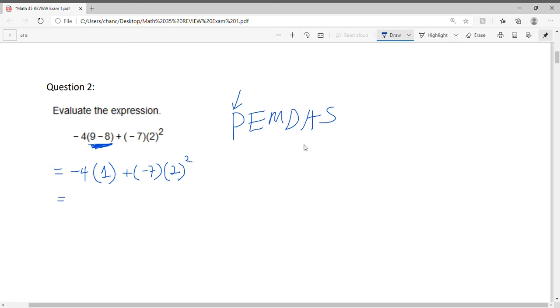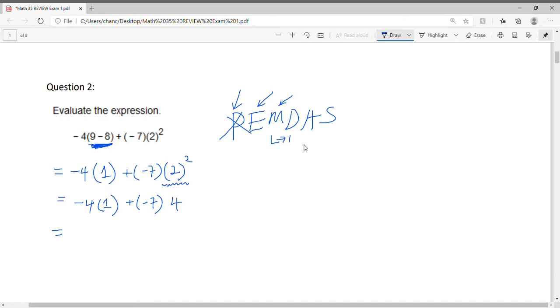We will look for more parentheses, and in this case we don't have any more parentheses. These are in fact multiplications. This is a multiplication and this is an exponent. So we'll move on to the exponents. We have a 2 squared, so we'll do that next. 2 squared is positive 4, so we'll replace this with 4. Then we have